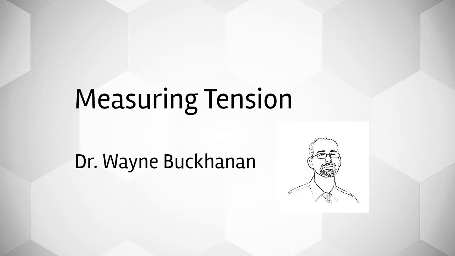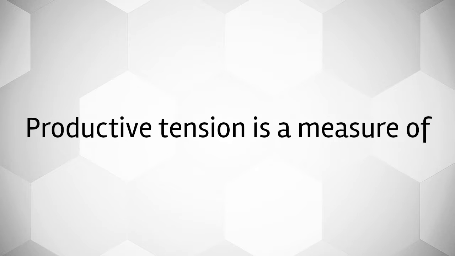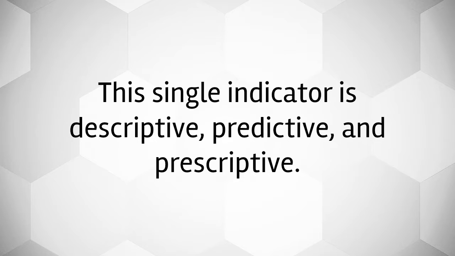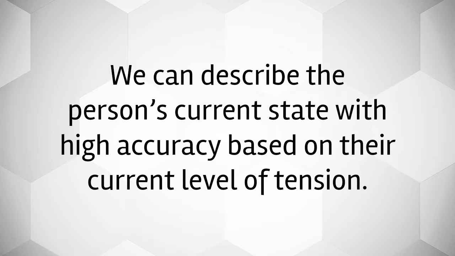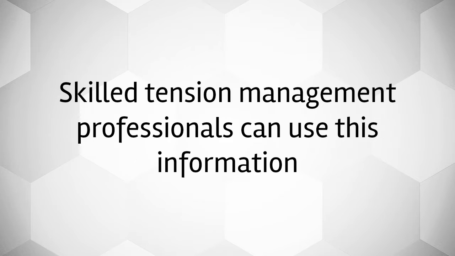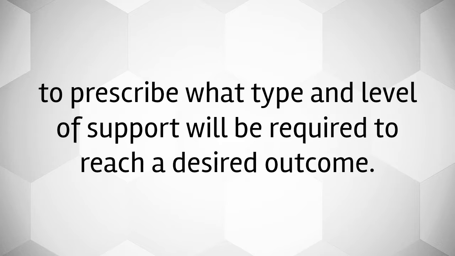Measuring tension. Productive tension is a measure of the mental, physical, and emotional activity a person is experiencing at a given moment. This single indicator is descriptive, predictive, and prescriptive. We can describe the person's current state with high accuracy based on the current level of tension. We can predict what will or won't happen from that current state. Skilled tension management professionals can use this information to prescribe what type and level of support will be required to